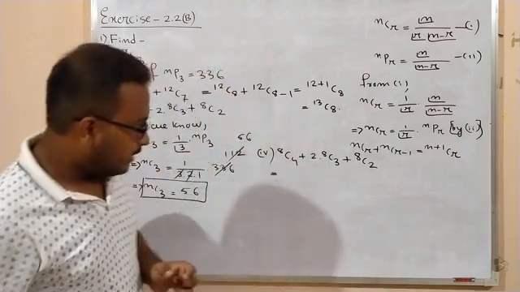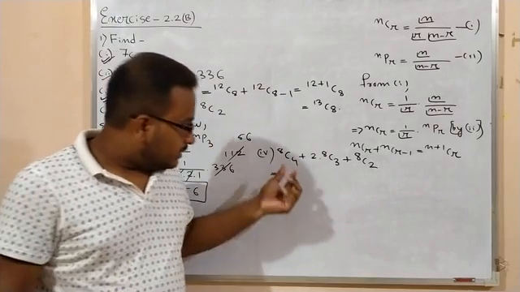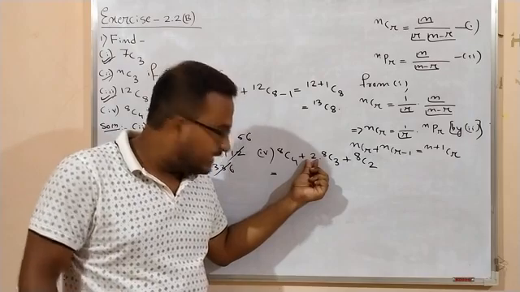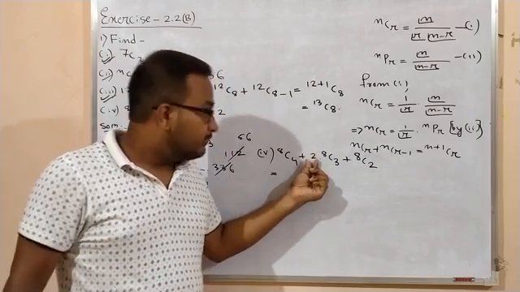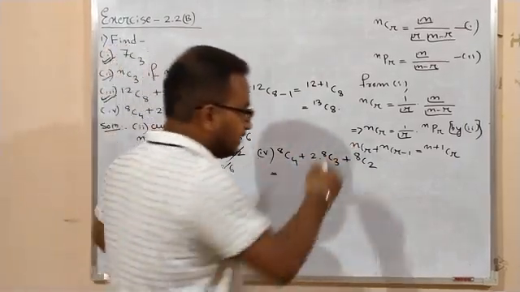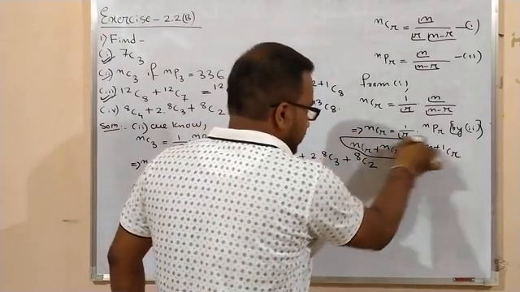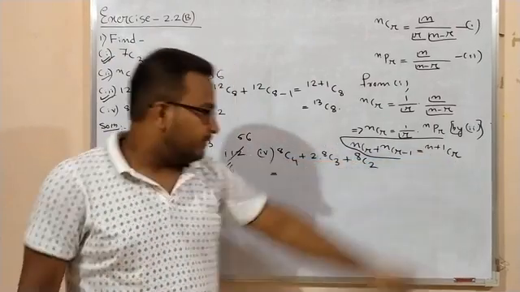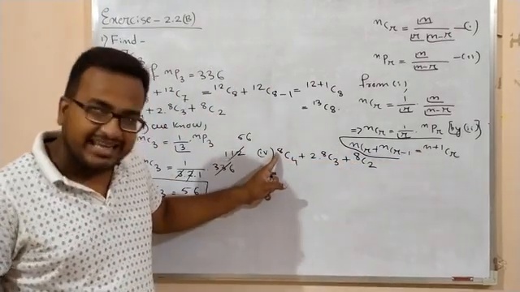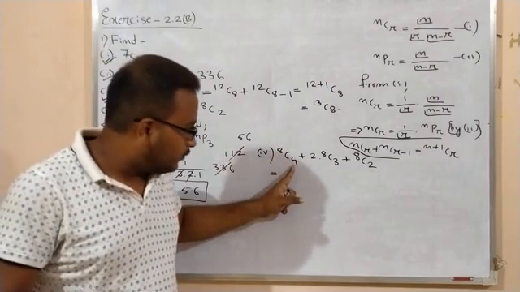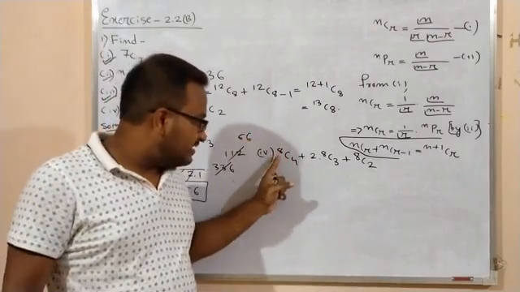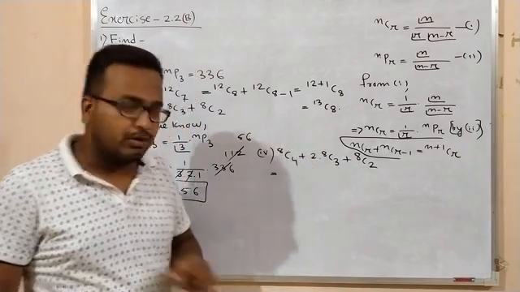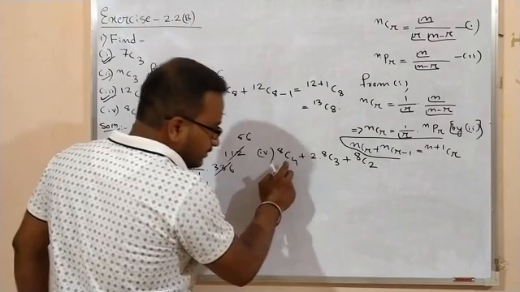Okay, now you see, this is nCr and this is nCr minus 1, but these two create a problem, isn't it? Because our property is nCr plus nCr minus 1 equals n plus 1 Cr. But here, if you consider this 8 as your n and this 4 as your r, then this is nCr plus nCr minus 1, but these two create a problem. So how to do it? You have to think this with that.